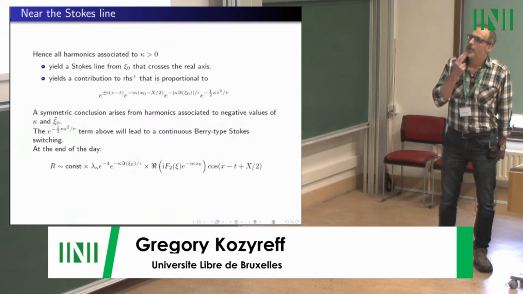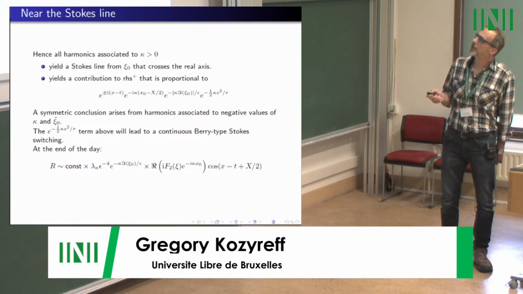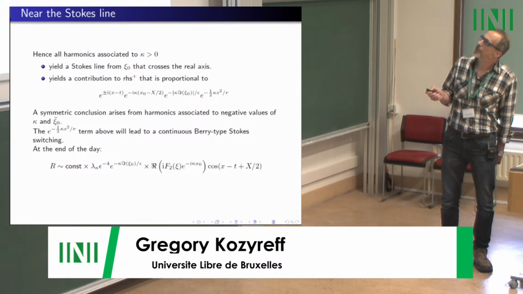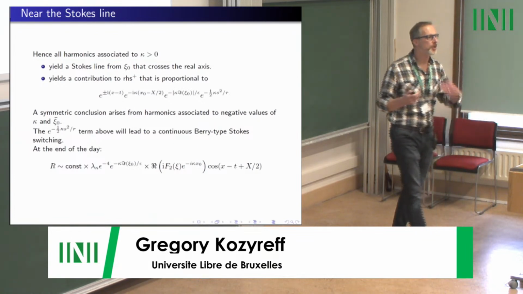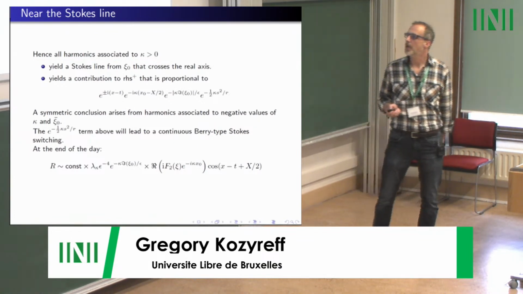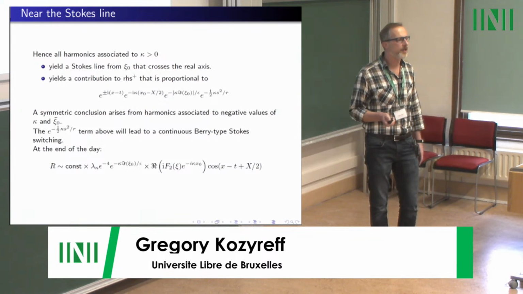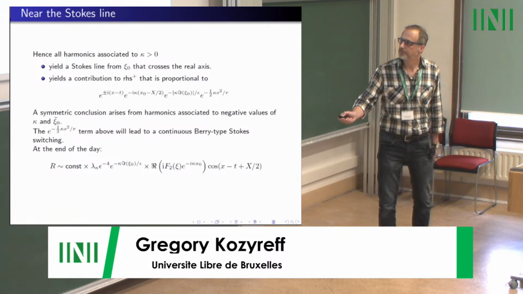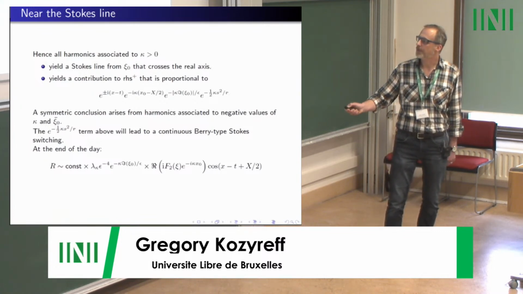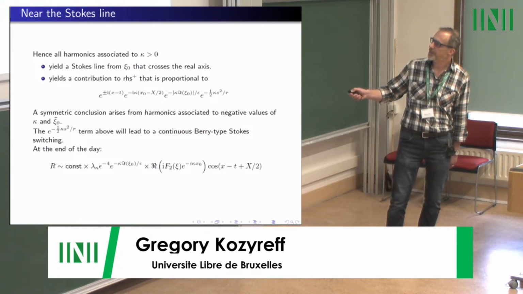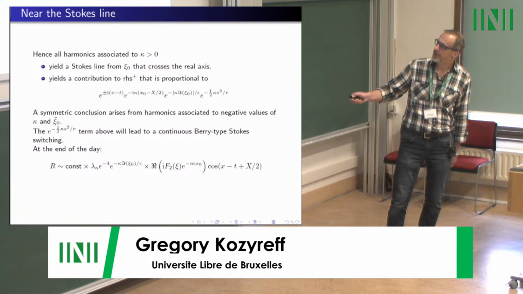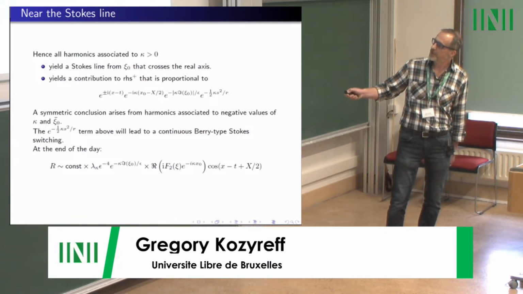So near the Stokes line, what we've got is that the harmonics associated to positive kappa yield a Stokes line from psi naught. It's of the following shape. And you have something symmetrical from the bottom singularity. And so if you combine all this, at the end of the day, it will produce, downstream of the soliton, a term that is like cosine of x minus t. And then there is this function here that grows exponentially with x, with a certain phase where you have x naught here, and a very